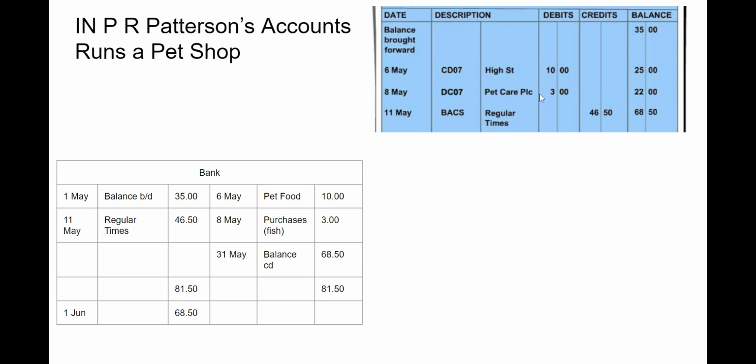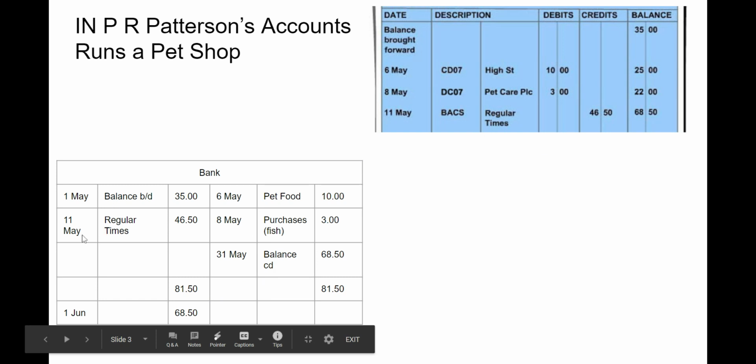He's then made another purchase from Pet Care PLC, and I've just assumed that that's proper purchases because it's some fish. I've just made it up. Okay, and that would be a credit entry in Patterson's T account called Bank. Although from the bank's point of view, that's reducing their liability of owing Patterson some money. So they've debited his account